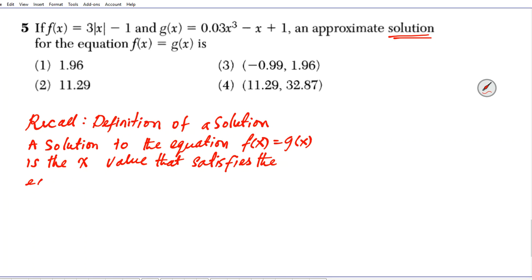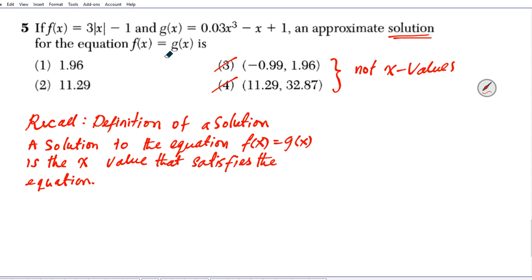Okay? Now, if you take a look at the options that we have here, you notice that we have a value here, and we have an ordered pair here, 3 and 4. 3 and 4 are a combination of x and y's. These are not solutions, okay? Not x values, so they cannot be considered solutions. These are ordered pairs. So it has to be one of these two that's the specific x value that satisfies